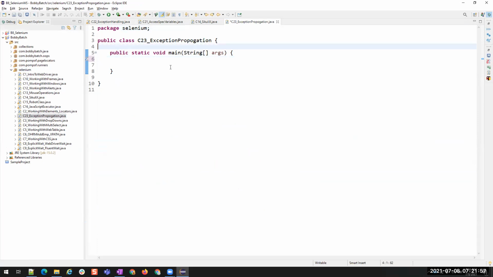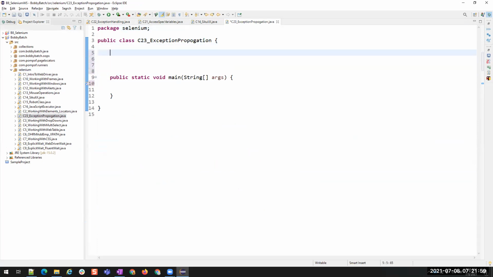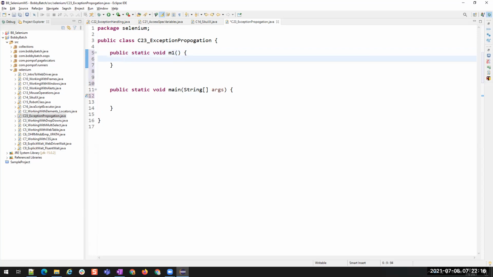I'll create a method: public static void m1, some method, method 1, where I'm going to call the add method.